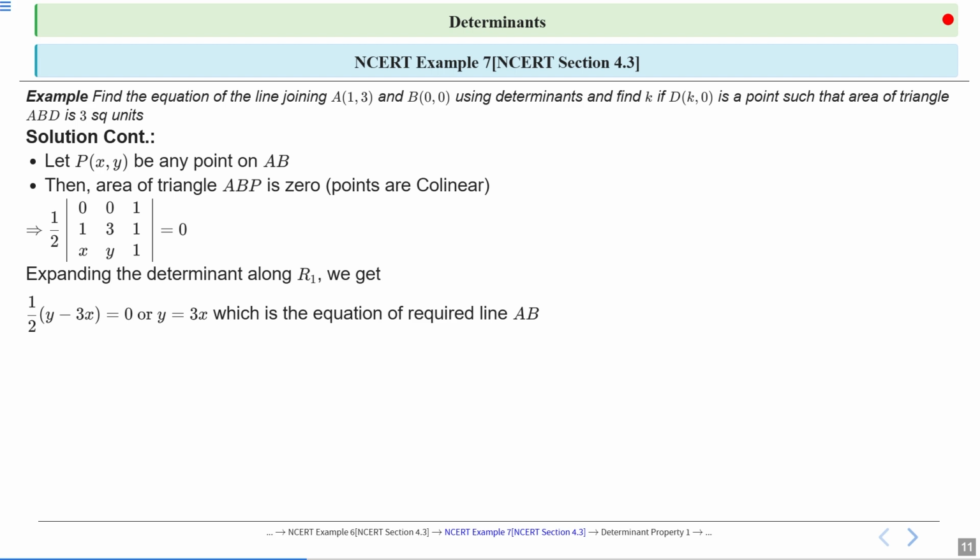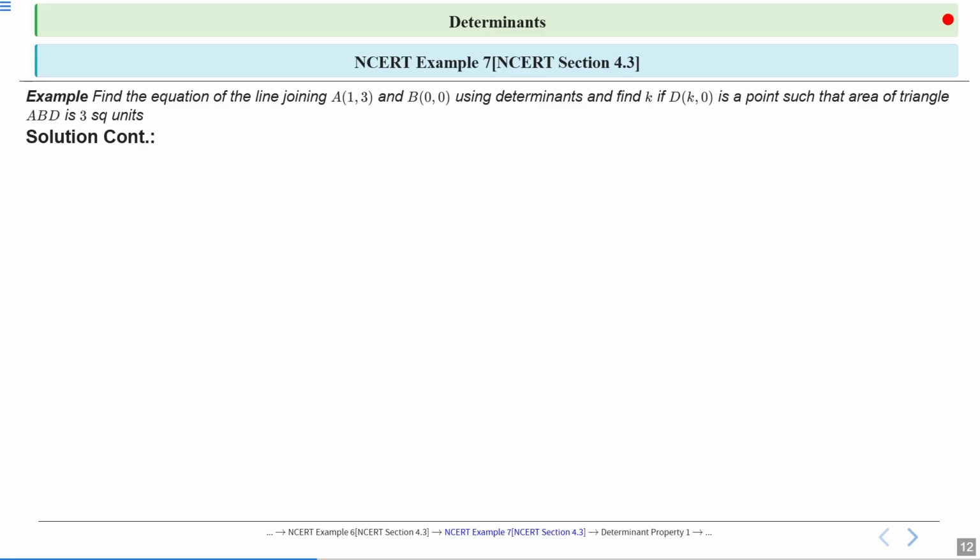Okay. So it is equal to 0. When we simplify, we get y is equal to 3x, which is the equation of the required line AB. Okay. Now the first part is completed. Now we have to calculate the value of k,